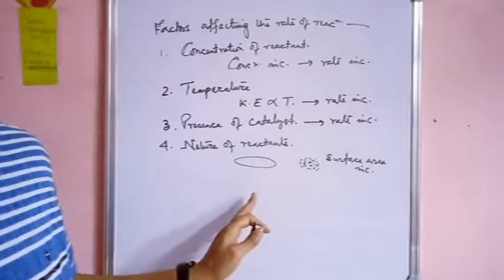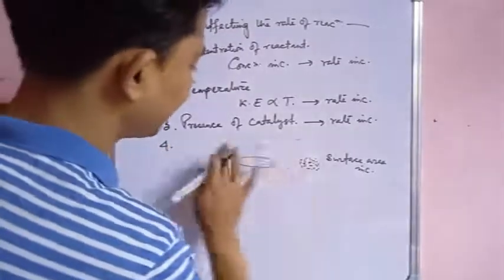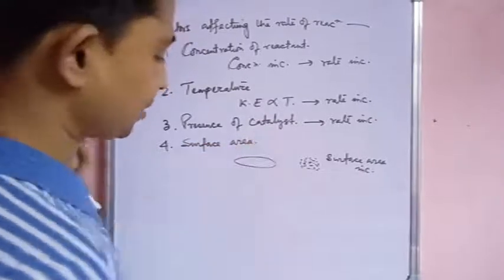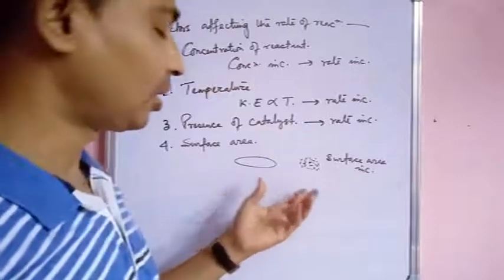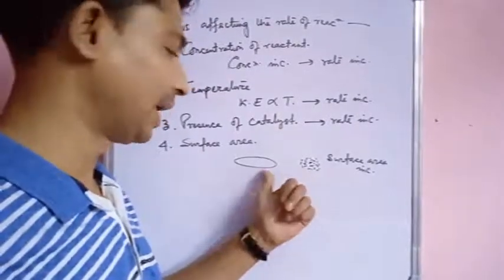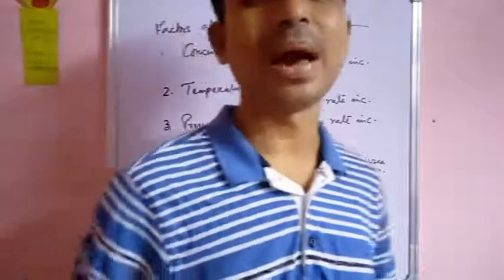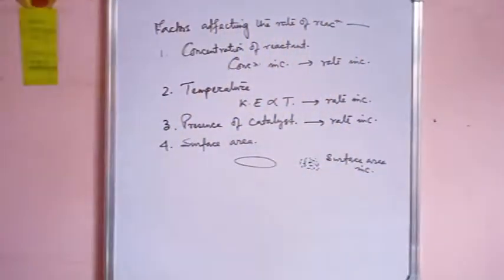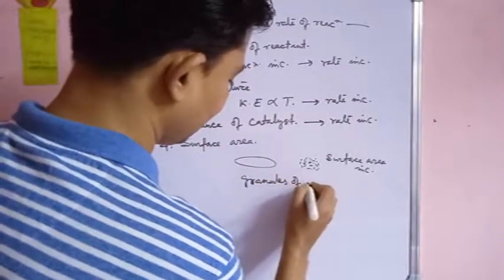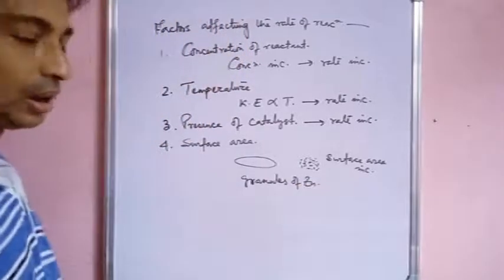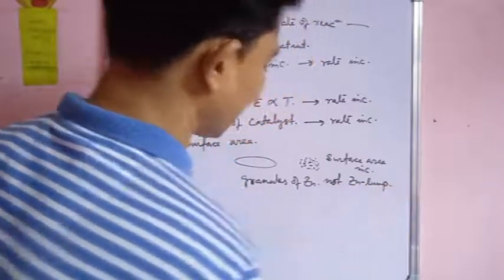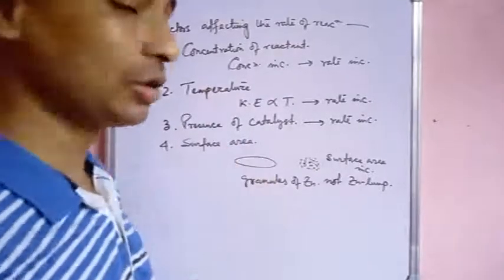Sorry, this will come under surface area. Sorry, my dear child. So if you take a piece of chalk and granules of chalk, the reaction will be faster in the granules of chalk, not here. That is why hydrogen is prepared in the laboratory, and for the preparation of hydrogen we take granules of zinc, not a zinc lump, because surface area will increase with the granules of zinc, so the reaction will be faster.